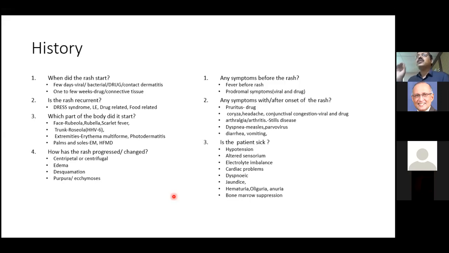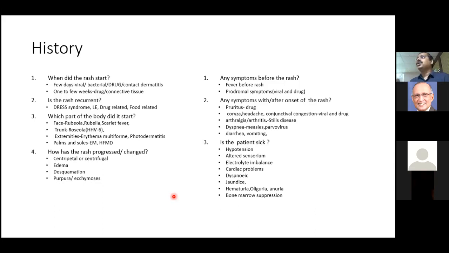That is why always when we see a patient with a maculopapular rash on the trunk or on the body, strip the patient and see. Without stripping, your examination is incomplete. Just examining here and there would not make your diagnosis, because you have to look at several aspects of this rash. The quality of the rash you have to look at. You have to look at how the rash has progressed. You have to look at the distribution of the rash. You have to look at whether there are associated lesions elsewhere. Whether there are newer lesions coming up. What is the morphology of those rashes? Preferably always use a hand lens if you can. That will actually give you a better morphological description.